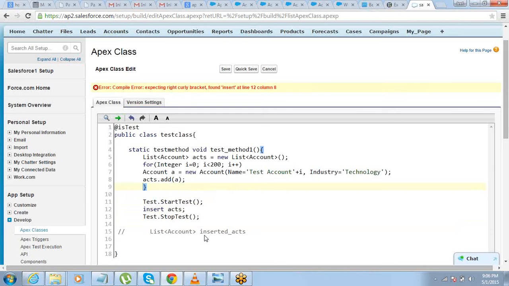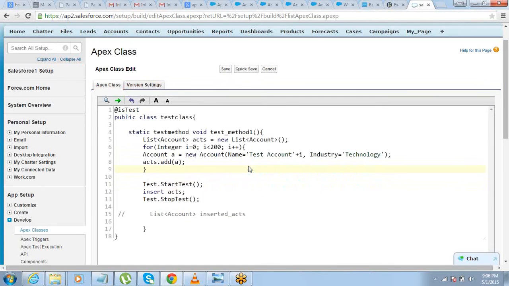Test method. Okay. That's fine. Okay. So this is my test method, which is actually gonna go ahead and do the check.